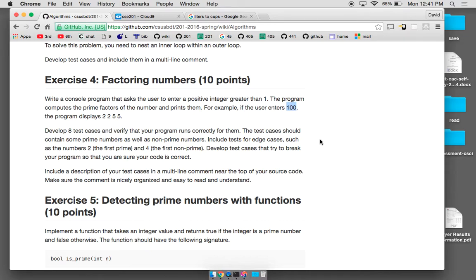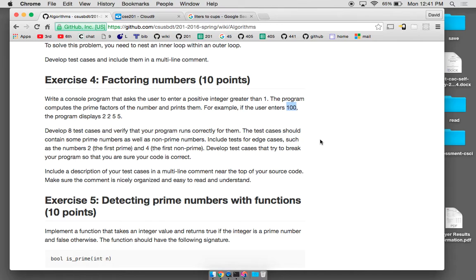Well, then you're going to use modulo, right? Is the number evenly divisible by 2? If it is, then I'll divide out a 2. I'll print the 2, and then I'll divide out a 2 and reduce the number to half of its original size. Then I'll try 2 again. Maybe, in this case for 100, I can pull out 2 2's. So you want to keep trying 2 until you get to the point where you can't pull out any more